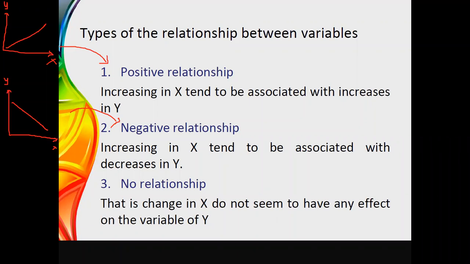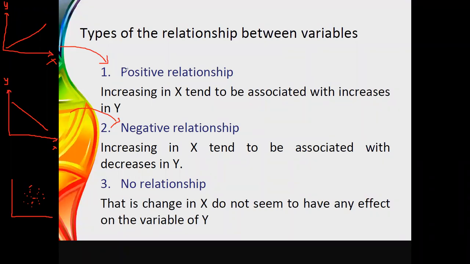And for no relationship, if you are just having the data points in this form, now think about it, there is no linear pattern, therefore you can say this has no relationship here. It means that you cannot identify a change of y with the change of x. If the change of x does not affect the change of y, then we can conclude that there is no relationship among the variables. Therefore, this is how we are interpreting the results.